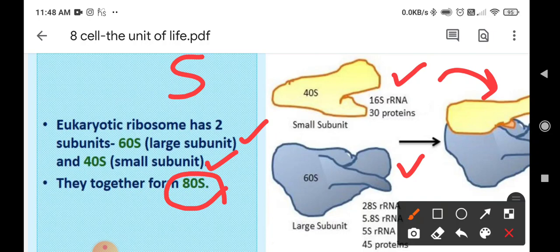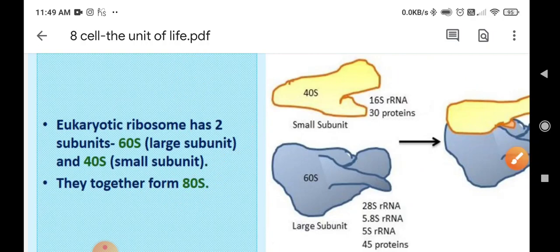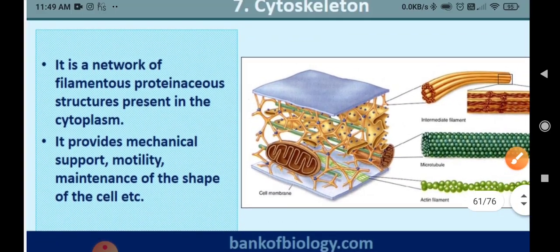So this is very important, just learn it. In eukaryotic cells, we have 80S type of ribosome. The sedimentation coefficient differs, like in chloroplast it is 70S type, in cytoplasm it is 80S type, and their main function is the same everywhere, that is to help in protein synthesis. So the common term used is they act as protein factories.